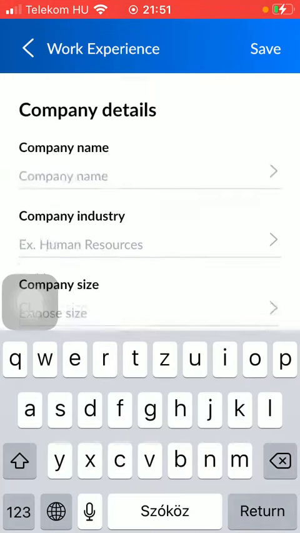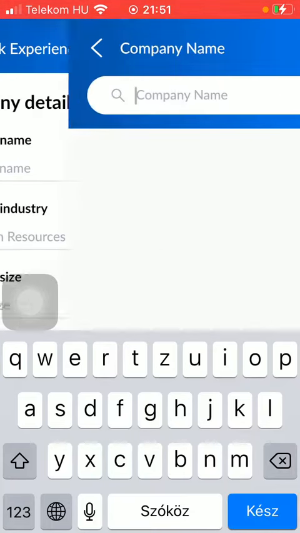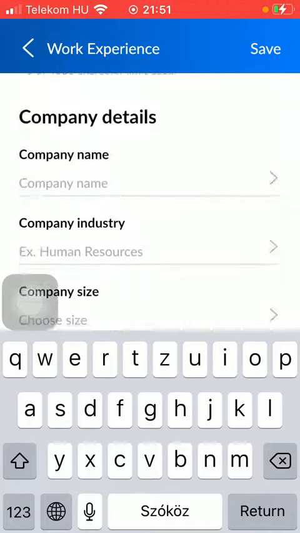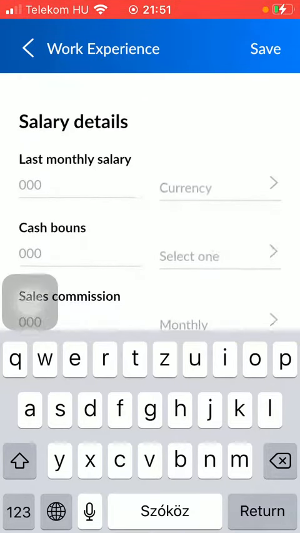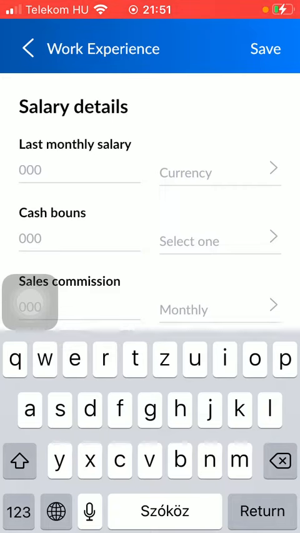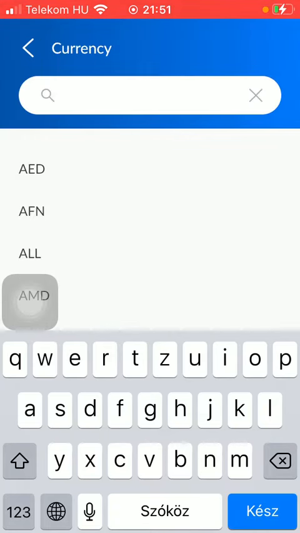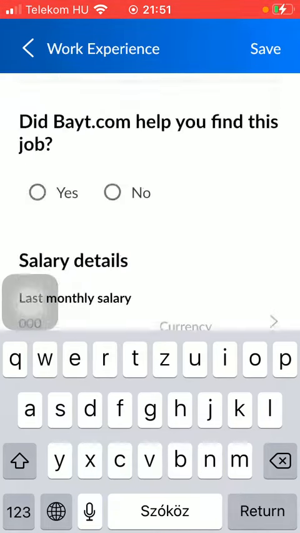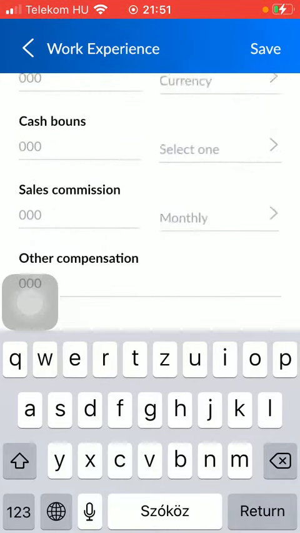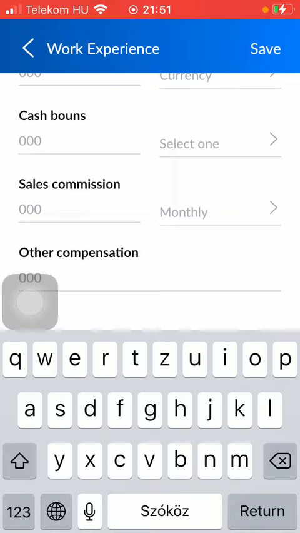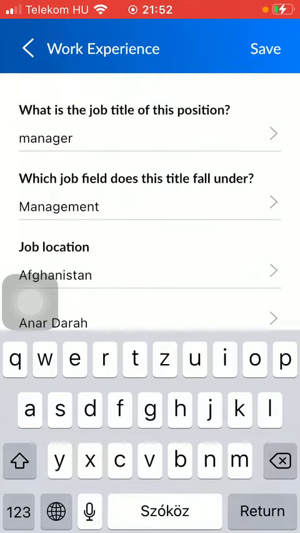And here you can add the company details such as the company name, also the industry and company size. And here you can add your salary details, your last monthly salary. You can also indicate the currency, the cash bonus, sales commission, and other compensations can be added too. So if you are done with all these steps, tap on the save button in the upper right corner of